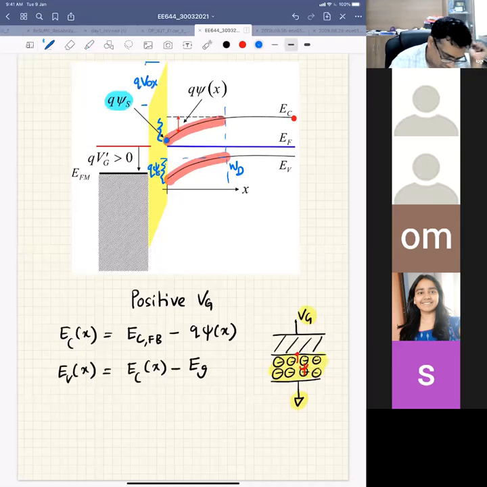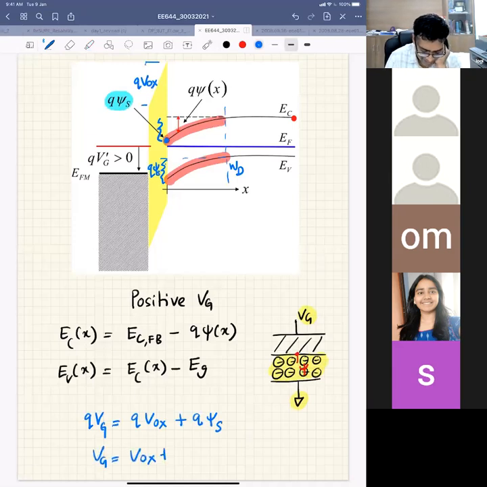So if you go from the gate towards the body, your q times Vg will be q times Vox plus q times psi s. So your Vg is nothing but your Vox plus psi s, and psi s is the potential drop in your silicon. This is the total potential drop in the silicon,